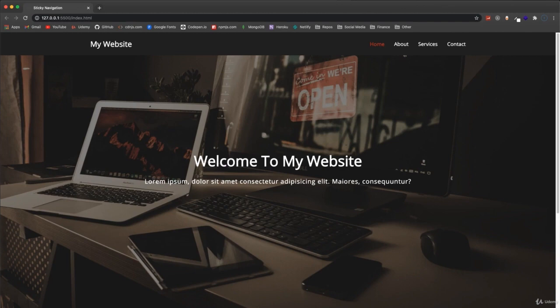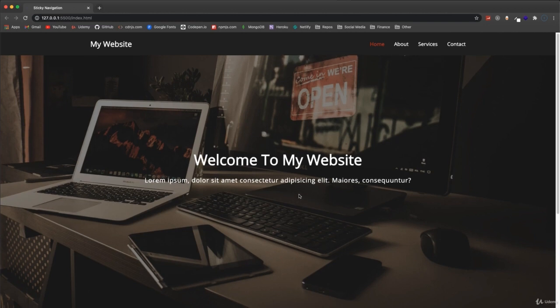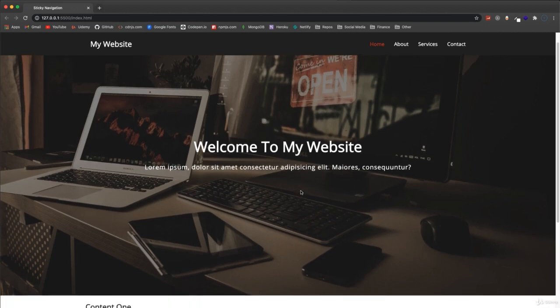Hey guys, in this project we're going to create something that's pretty simple but also very useful that you see quite a bit, and that's a sticky nav. So we have this nav bar at the top of our little website here. We're going to create this hero image with an overlay, so we're going to style a little bit of this website here, but the main point is the nav bar that sticks to the top, and when I scroll down